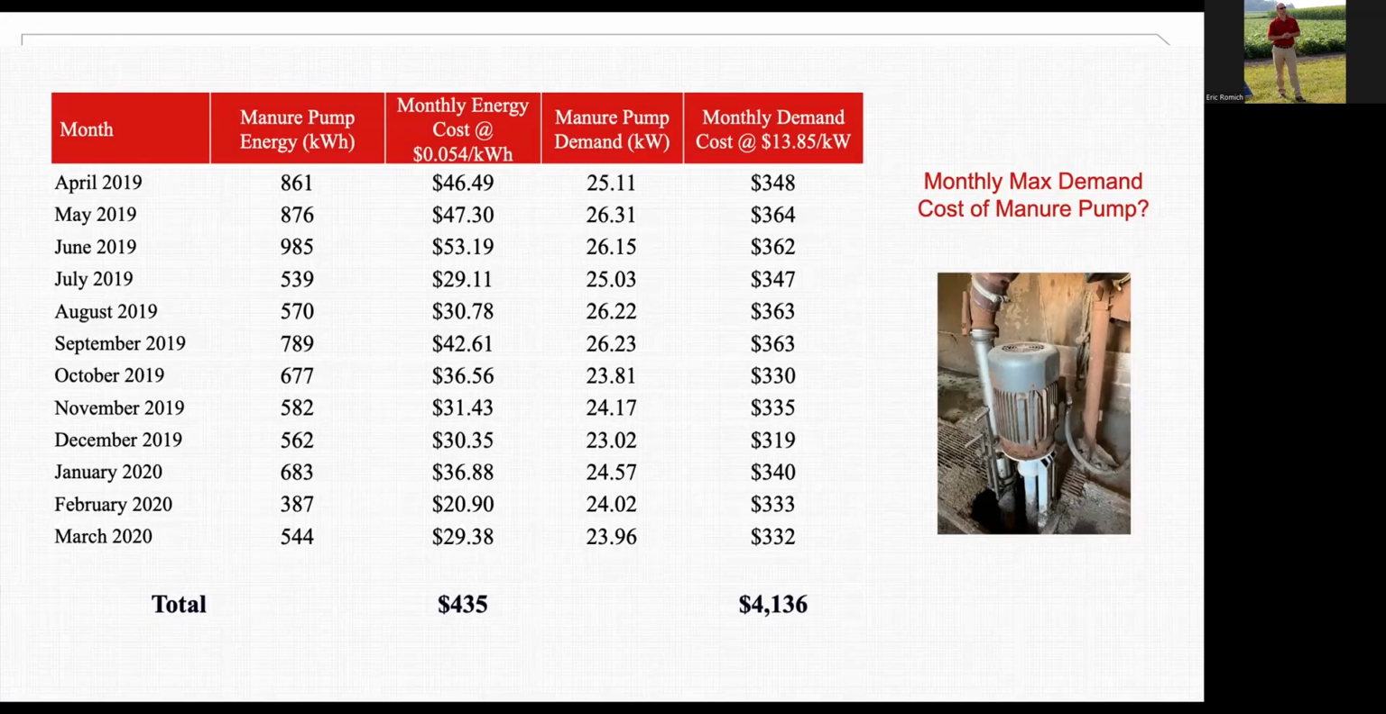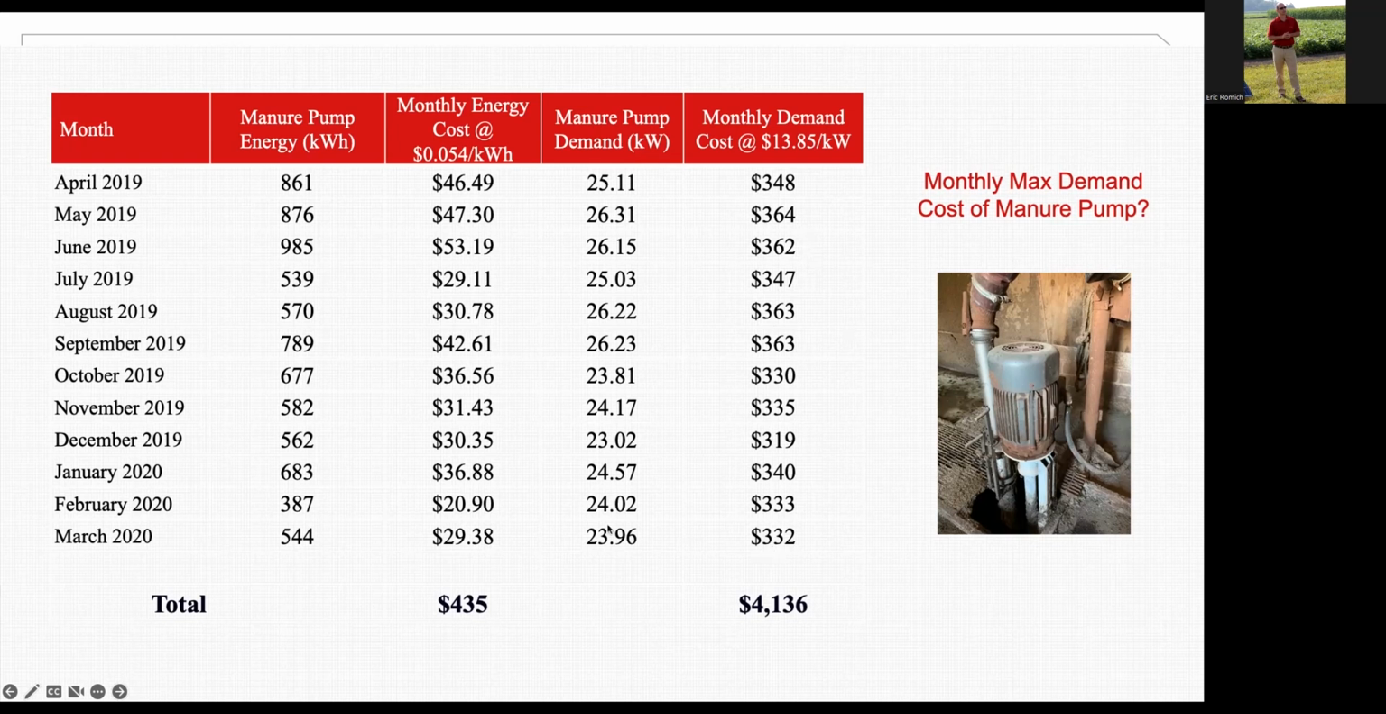So what does that look like over the course of the year? This chart compares the monthly energy cost to run that pump. So how many kilowatt hours did that manure pump run monthly? And at 5.4 cents per kilowatt hour, what was the cost of running it from an energy standpoint? And we're comparing that to what the kW demand cost would be for that pump as well at $13.85. And so you can see there's a bit of a range,